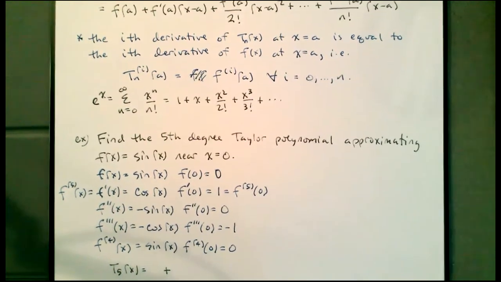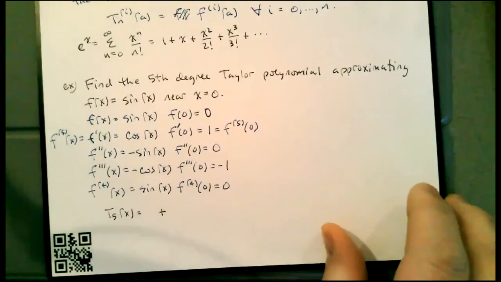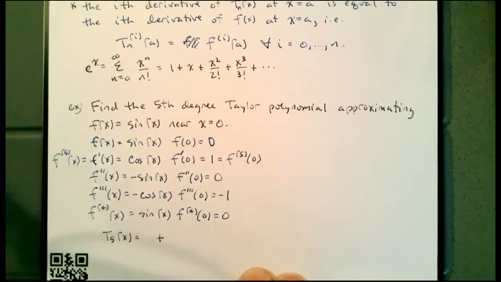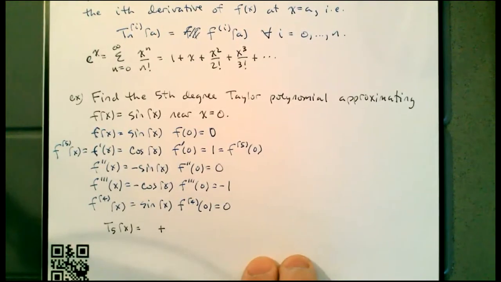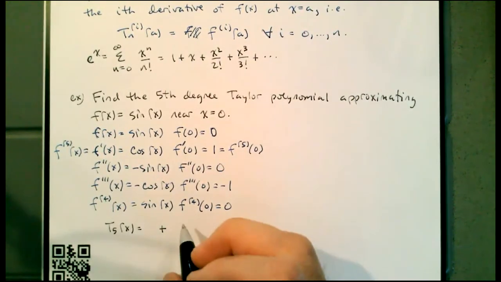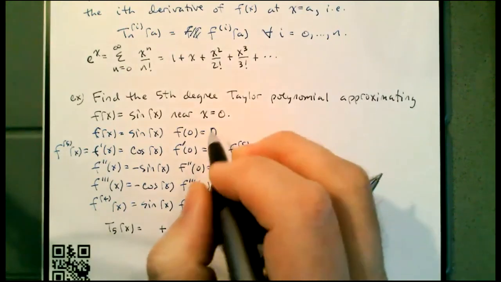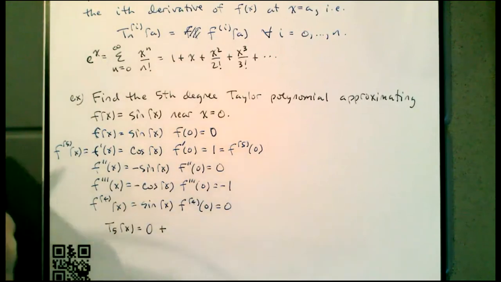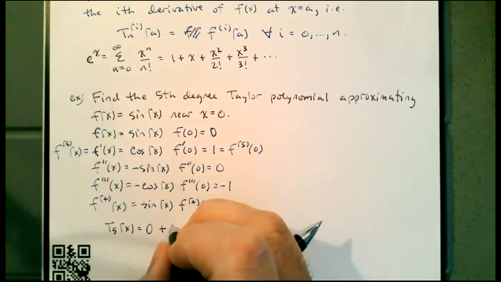So this will just be an x polynomial. A polynomial in terms of x. It's not a former polynomial. It is still and always will be a polynomial. So it's just going to be 0 plus 1 times x